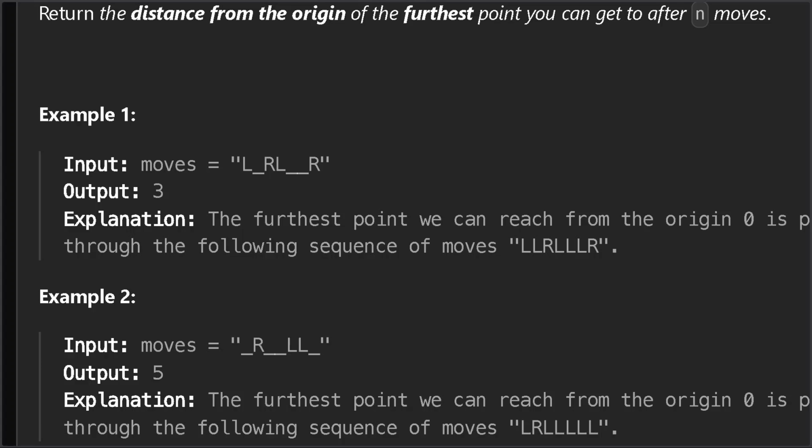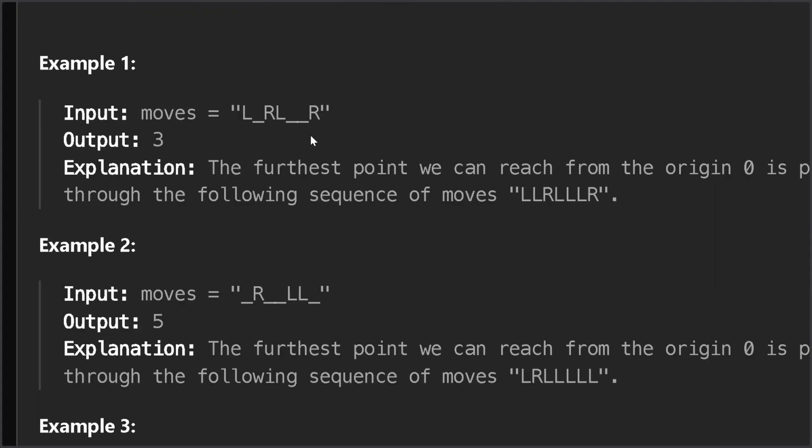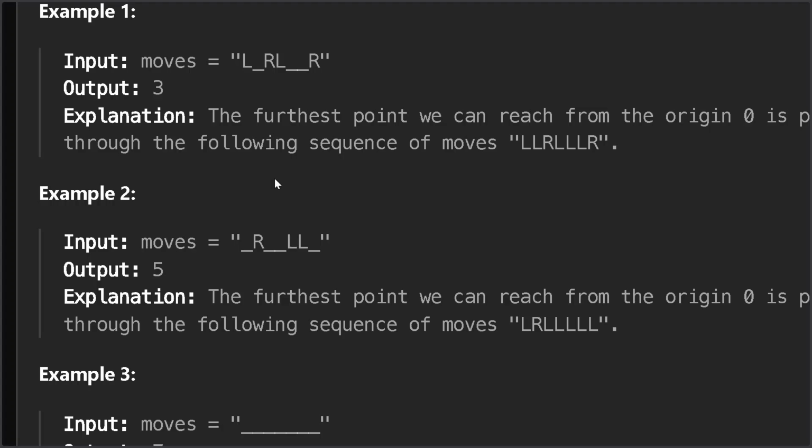So we get 0. So basically these directions, they all cancel out. If we take the underscores as L or R, I'm pretty sure we'll get 3 as the answer, right? So this test case is handled. If we go to the next test case,